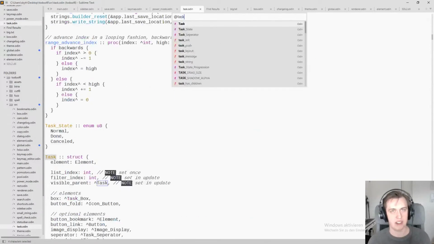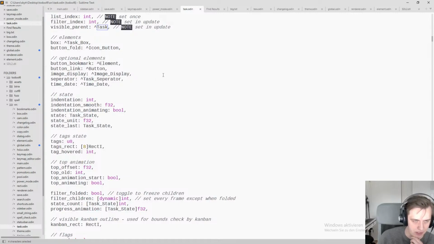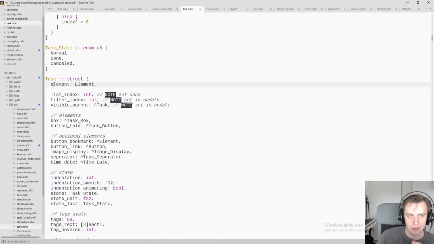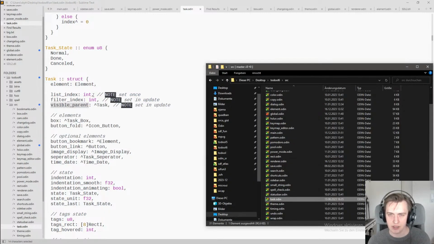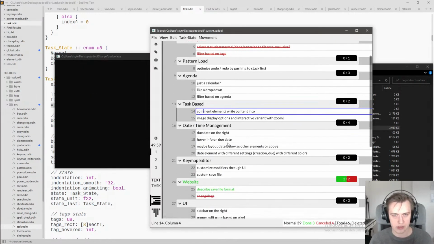But let's go over the task. What does it store? Or how does it store the app state? So here's the UI element, right? We can ignore that. It seems like I'm using indices. So list index and filter index. And then the visible parent, okay. So I think I have some update states or some update stage, because what we can see if we run Todool again, there's weird stuff with,